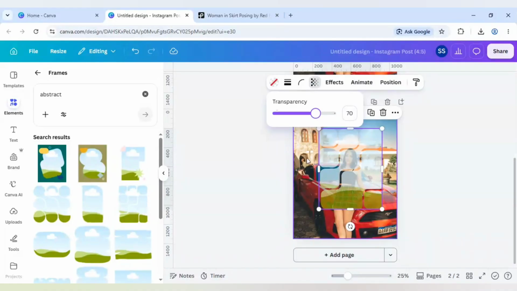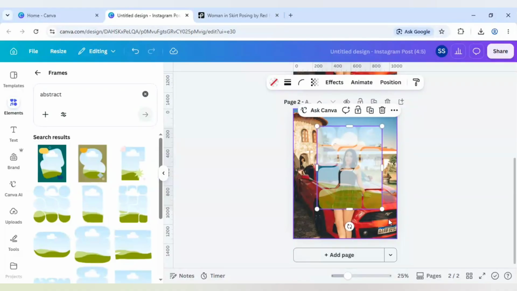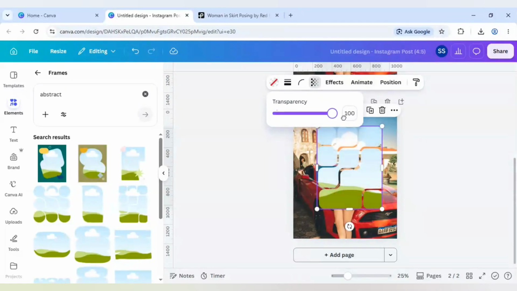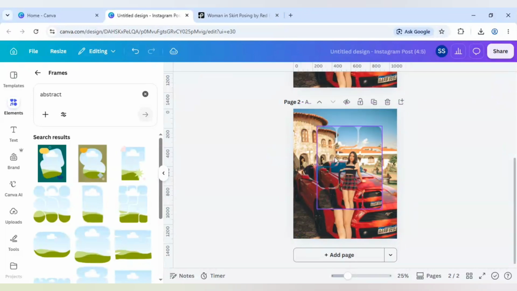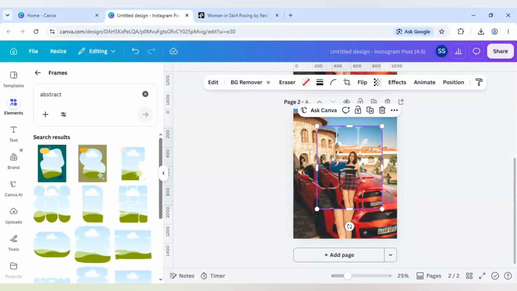So the portrait face is coming here, so I will just keep it here, make it slightly bigger, okay, and after that make it 100% transparent, and after that duplicate the image